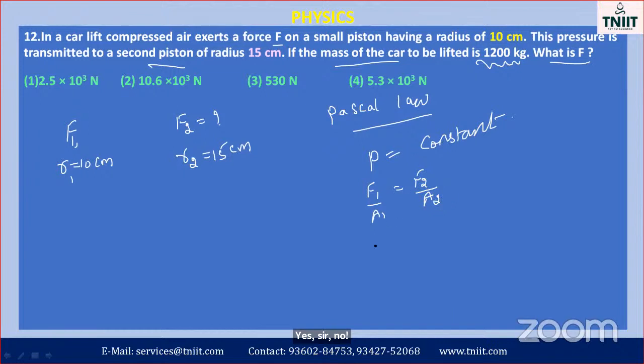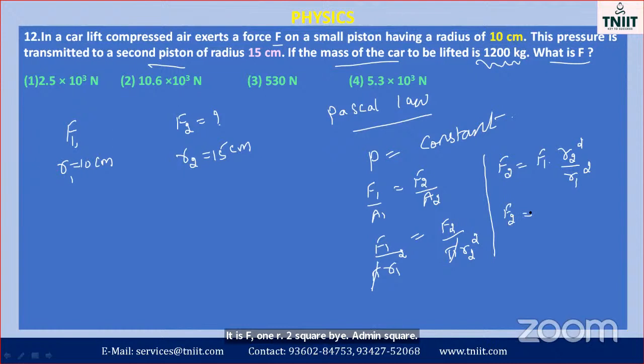Now, what is the area of the piston? Pi into R1 square, and F2 over pi into R2 square. Pi and pi, what happens? Cancel out. So what is F2? It is F1 R2 square by R1 square. F2 equals to